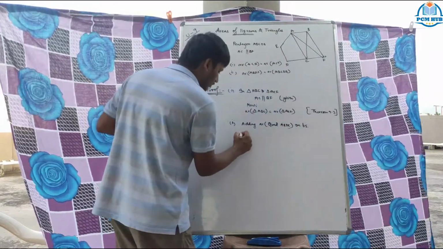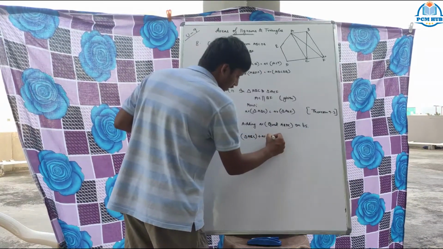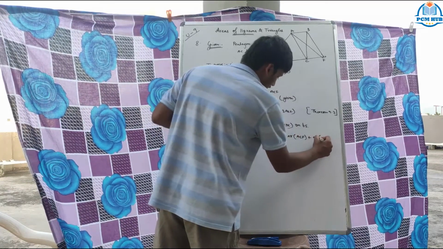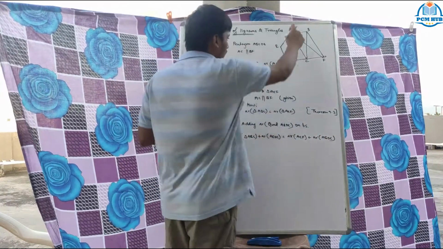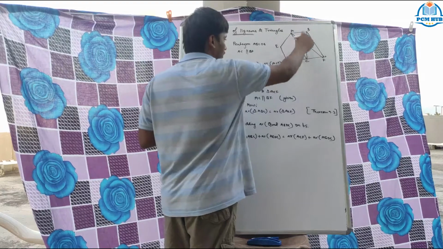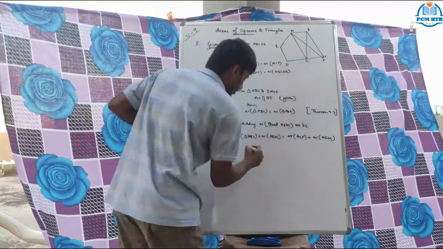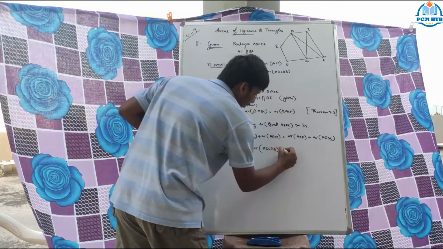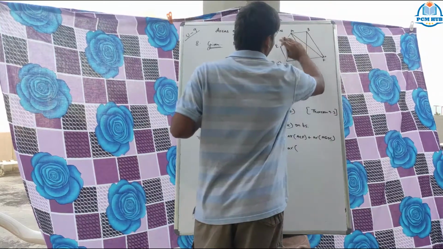I use a lot of short forms. You can understand those short forms. Area of ABC plus area of AEDC equal to area of ACF plus area of AEDC. So now if we add here ABC plus AEDC, this and this will make the original, see here, pentagon. So this is area of pentagon ABCDE equal to area of ACF, and adding this pentagon, AEDF.